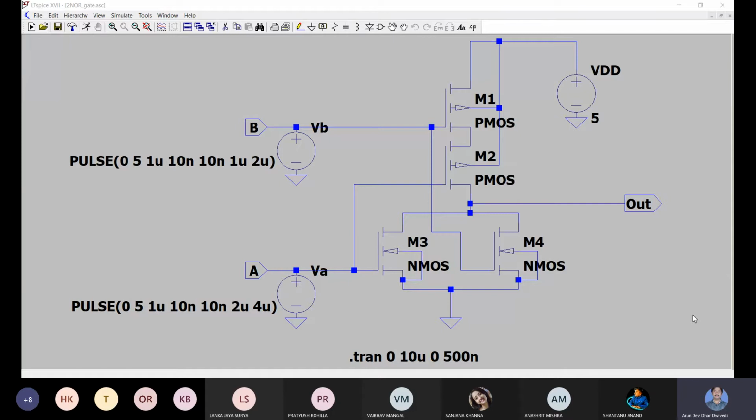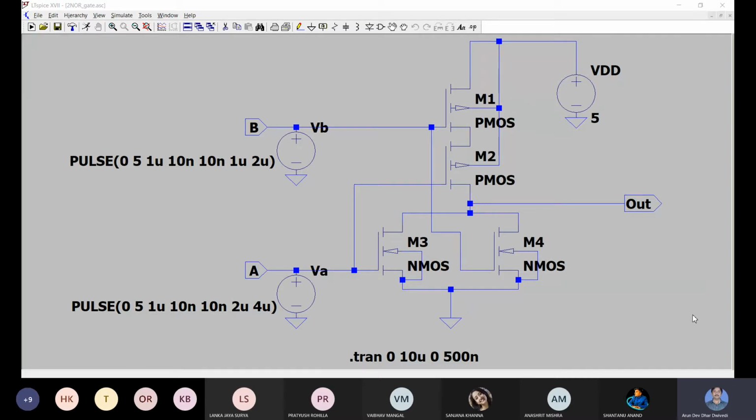Last time we already designed a two input NAND gate in static CMOS logic and verified its truth table by simulating transient characteristics and plotting the output waveform, the input waveform at port A, and the input waveform at port B, comparing the output waveform with the input waveforms. We justified that the truth table is verified. So today we are going to do the same thing for the two input NOR gate.